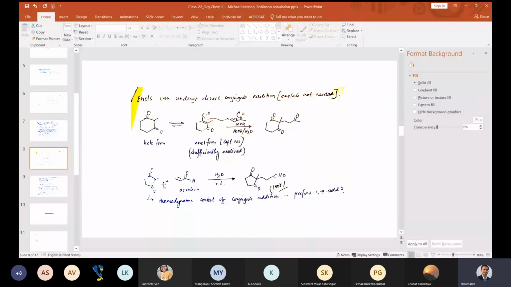This reaction is a very good example because in this case you take acrolein. Here it is an aldehyde, which is a bit more reactive. That means this double bond is also highly activated. This reaction can be done in presence of simple water at room temperature. Okay, because here also the acidity of this proton is very high, so the enol could be easily formed, and this Michael acceptor is highly reactive, a very good Michael acceptor. That is why this reaction could be done even at room temperature. Okay.